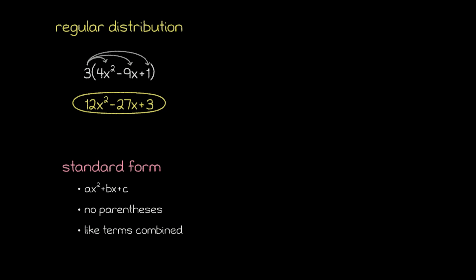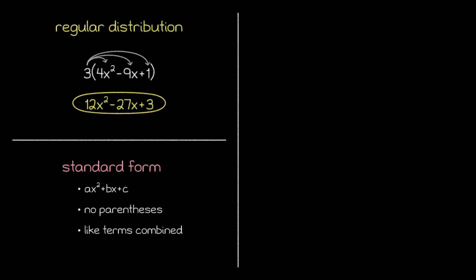Well, unfortunately, it's not quite that easy, because there's another way to multiply two polynomials and get a quadratic result. When we have the product of two linear factors, which is the factored form, the result is also a quadratic. So how do we convert that into the standard form? Well, the answer is once again distribution, but we're going to have to be more clever with how we distribute. The key here is to think of one set of parentheses as a single unit that can then be distributed across the other set of parentheses.